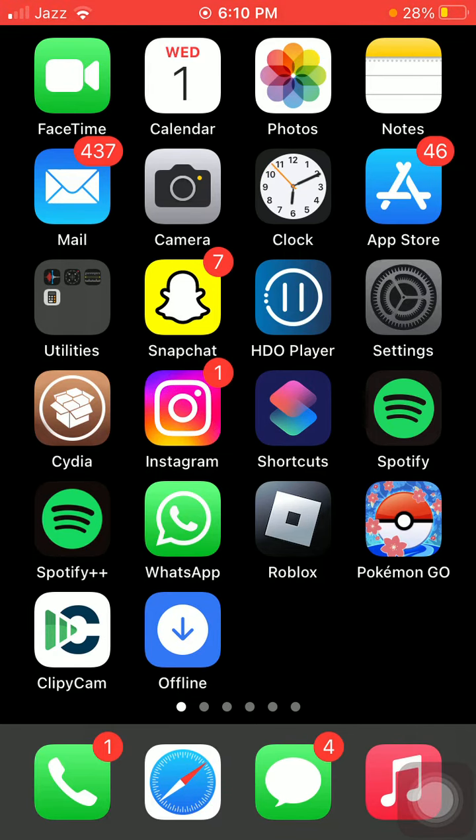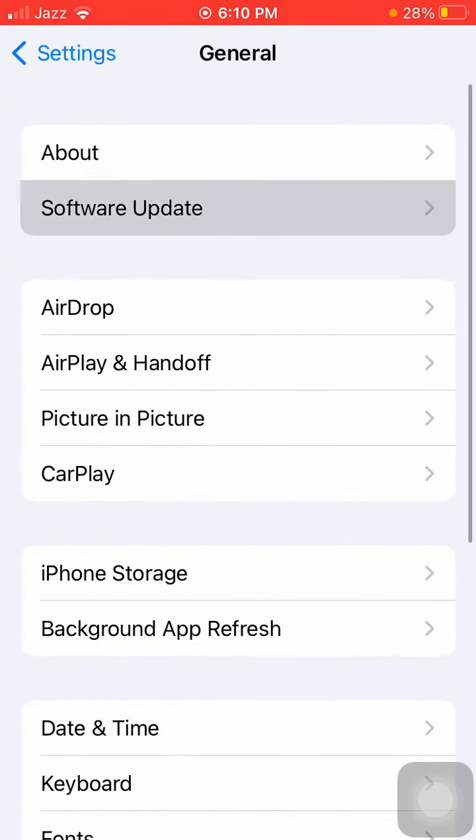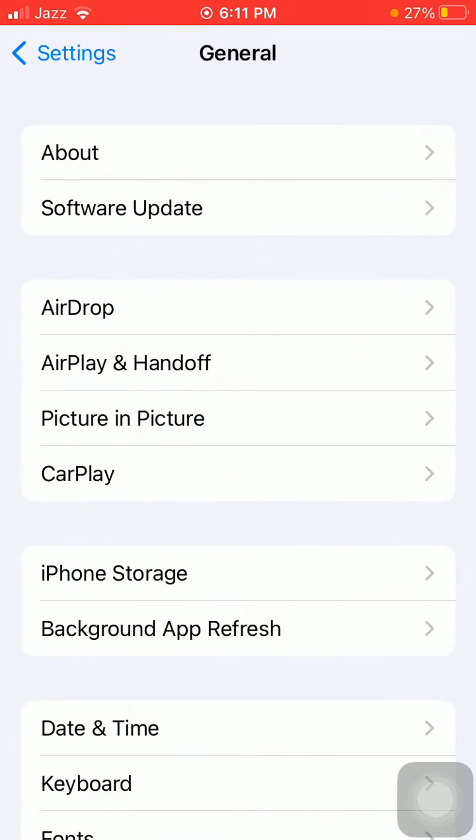The next one is launch Settings. Here we have to tap on General and tap Software Update and update your iPhone to the latest iOS version. Here we have to make sure that the iPhone is not running out of space. If the iPhone is running out of space, we have to make some space on your iPhone by deleting unnecessary applications